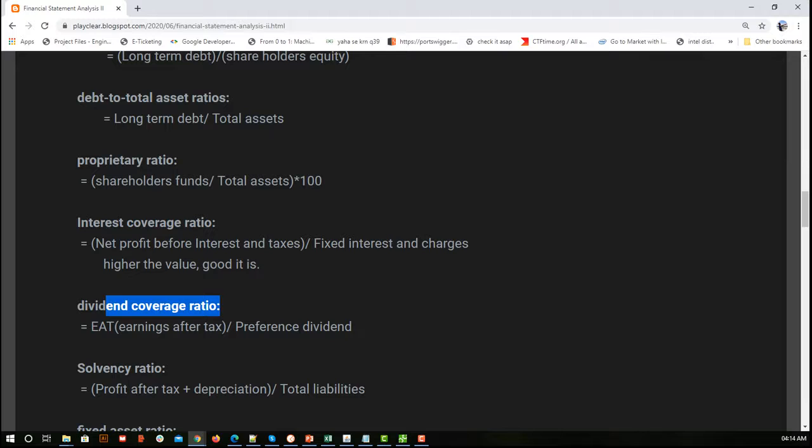So this is again similar to interest coverage ratio, where here we are removing the tax. Okay, after paying the taxes we are seeing what profit is left, and out of that we are dividing it by the preference dividend. Okay, so preference dividend means what? When we have shareholders, similarly we have preference dividend. As shareholders we can see, based on the environment, based on the company's trend and growth, we can say okay,